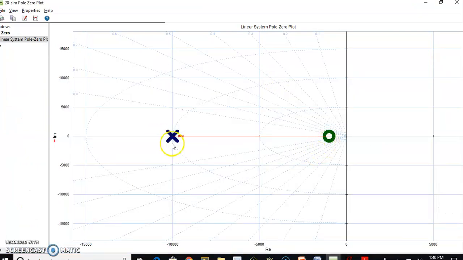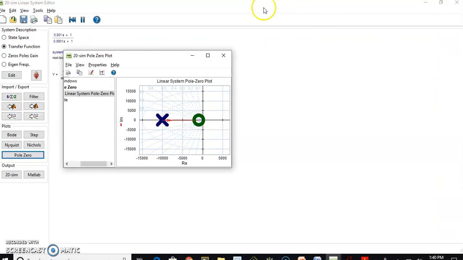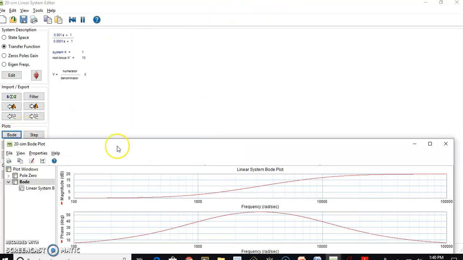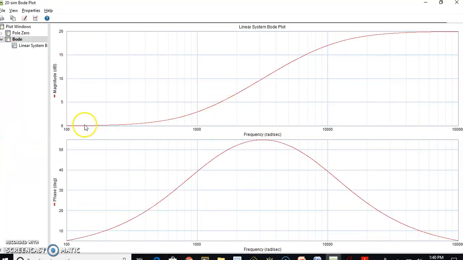This is 1000, this is minus 10. Why it is minus means because it's on the left hand side of the S plane. So after this we will see the Bode plot of it. If you see the Bode plot of this, you can see initially it has got a slope of 0 dB